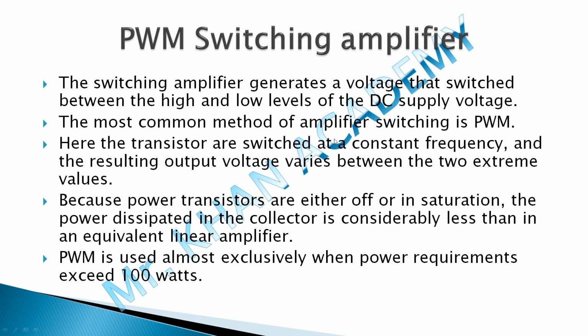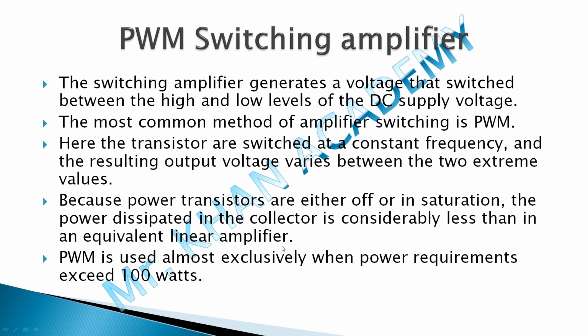The most common method of amplifier switching is PWM, pulse width modulation. It's a switching technique. When I'm switching between high and low, that time I'm using pulse width modulation. Here the transistors are switched at a constant frequency and the resulting output voltage varies between the two extreme values, as I said, high and low value. Because power transistors are either off or in saturation, the power dissipation in the collector is considerably less than in an equivalent